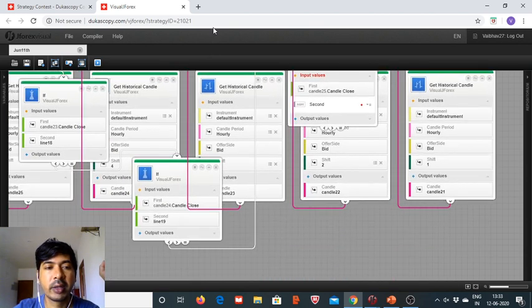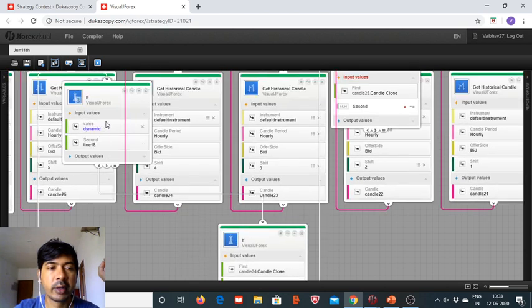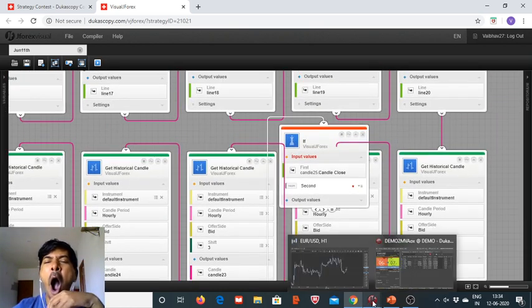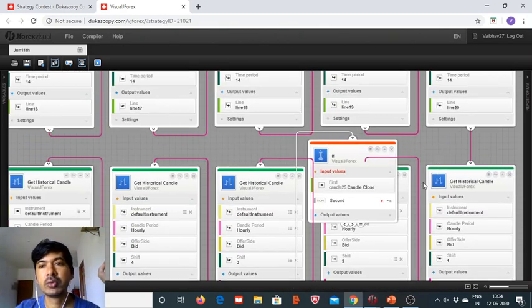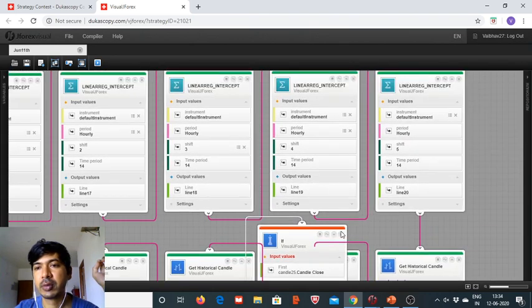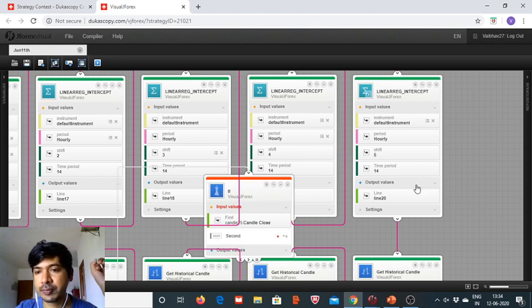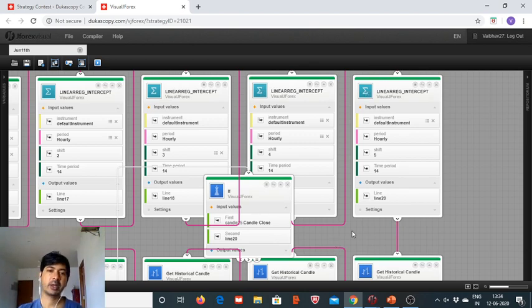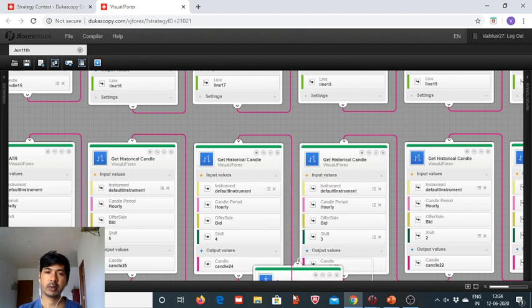Candle 25 is the candle with look back period of 5, and it will need to be compared to the linear regression value with look back period of 5. So candle 25 close needs to be compared with line 20, and it should be less. So here we have got these requirements in place,